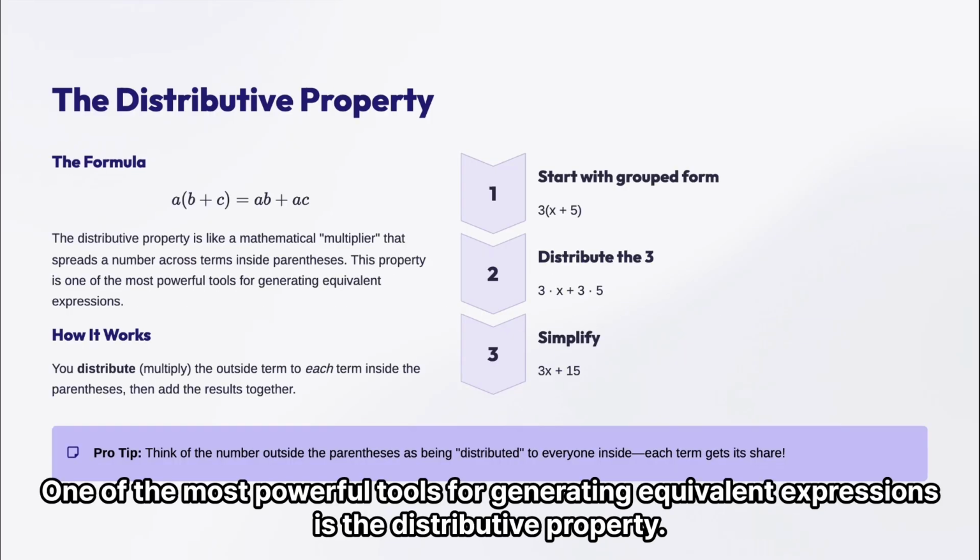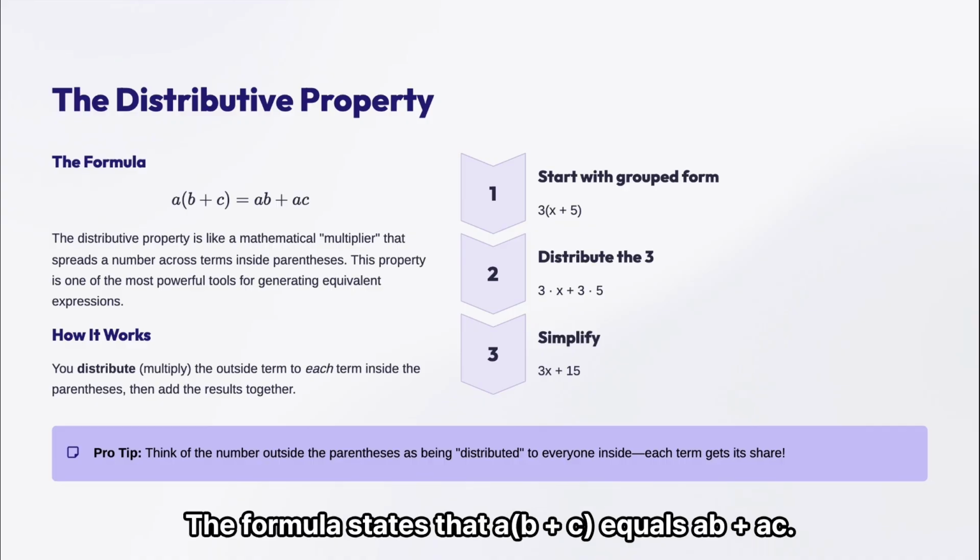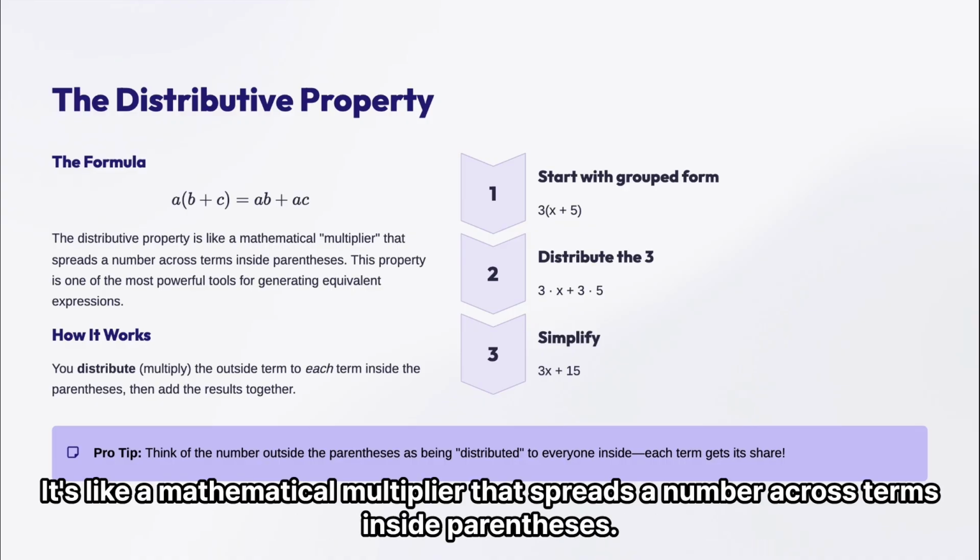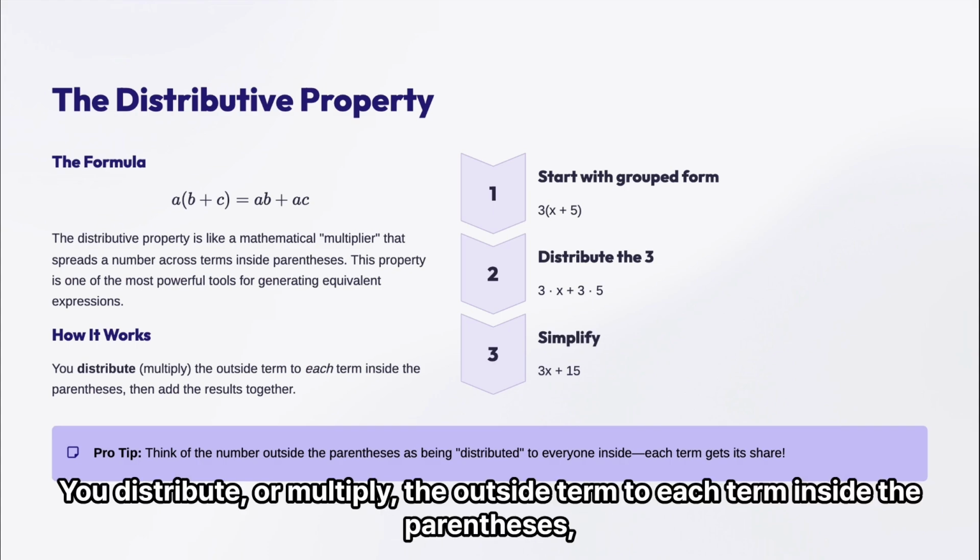One of the most powerful tools for generating equivalent expressions is the distributive property. The formula states that a times (b plus c) equals a times b plus a times c. It's like a mathematical multiplier that spreads a number across terms inside parentheses. Here's how it works. You distribute, or multiply, the outside term to each term inside the parentheses, then add the